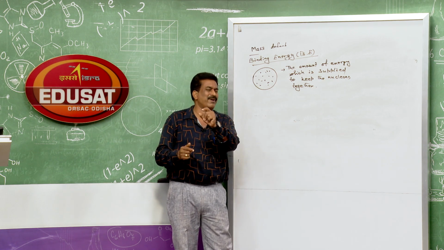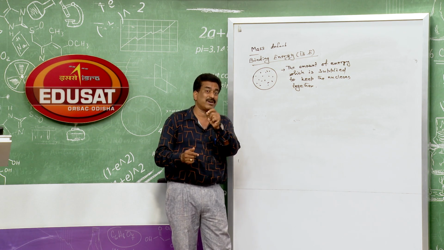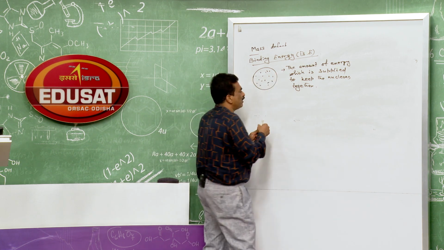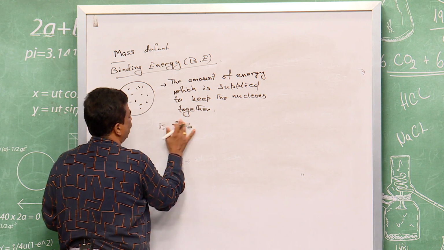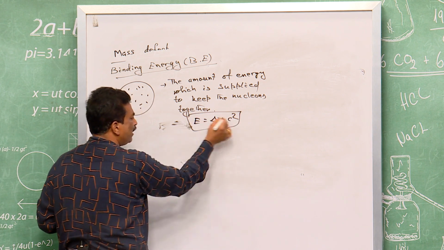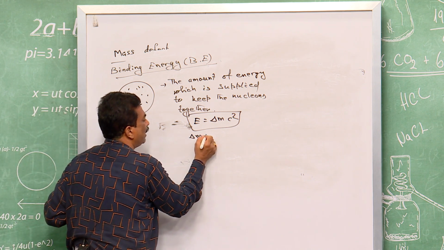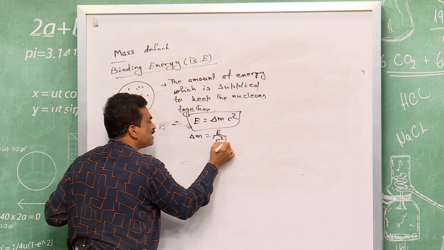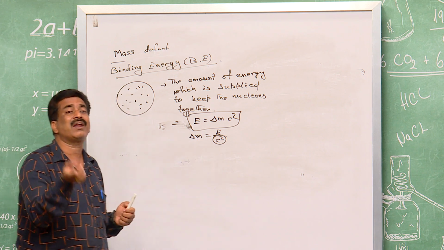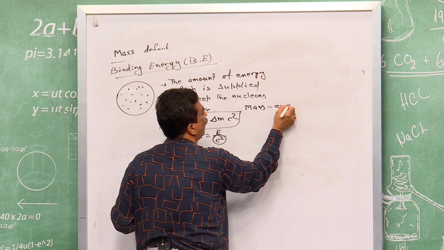Taking these two factors, we will discuss in the next episodes nuclear fusion and fission. So the binding energy which is required to keep the nucleons together is E equals del m c square. Here we can say that the energy and the mass are equivalent. Del m is equal to E by c square, though the value of c is very very small. So del m and E are equivalent, therefore that is also known as the mass energy